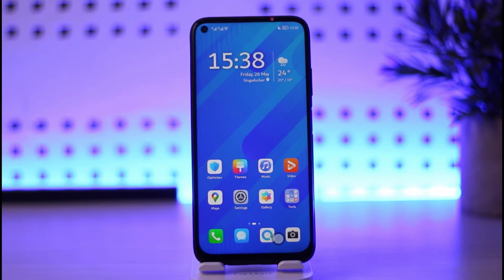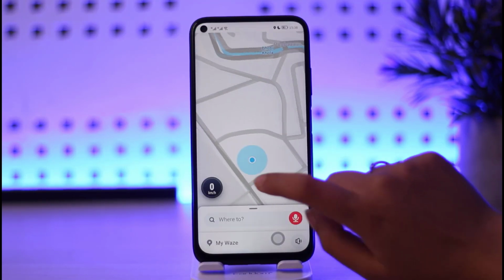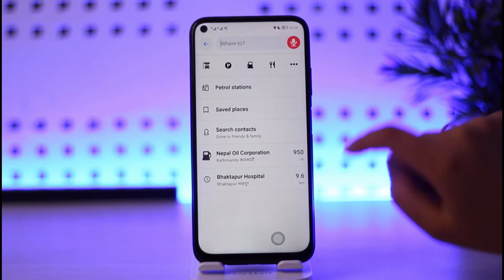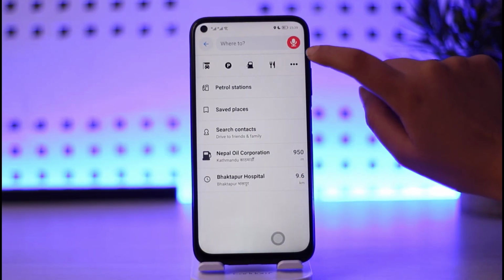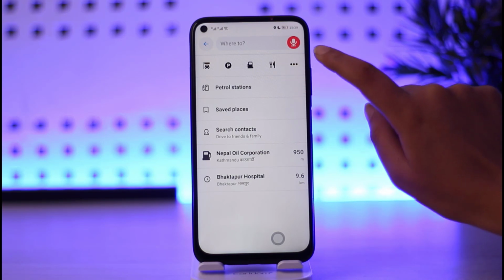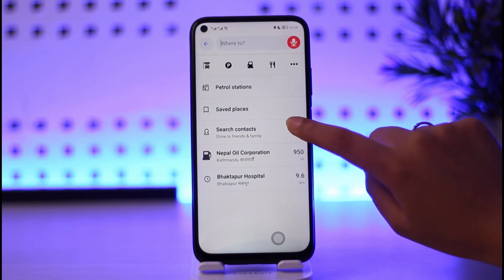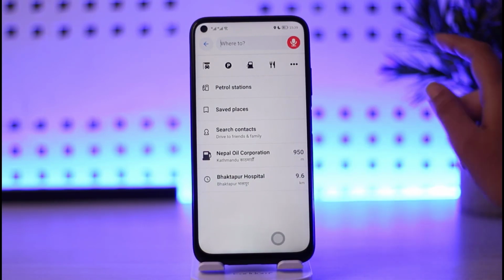So if you want to do so, first of all, what you gotta do is open your app up. If you go to the search bar option, you will be able to see all of your search history, right? So you can simply go and tap on a three dot icon given, tap on it. Right, so if you even tap on it, you can simply go ahead, resume your route again, but you cannot